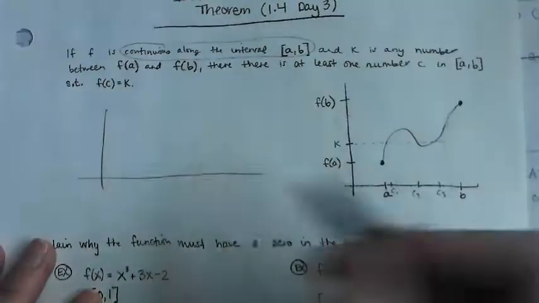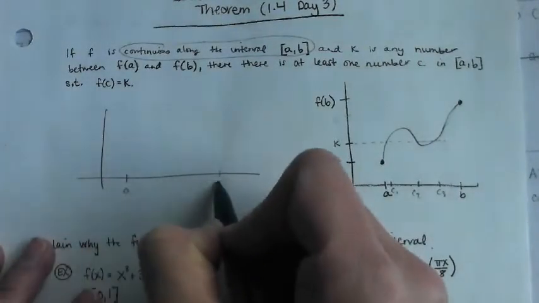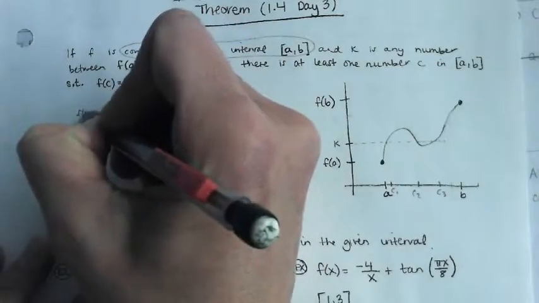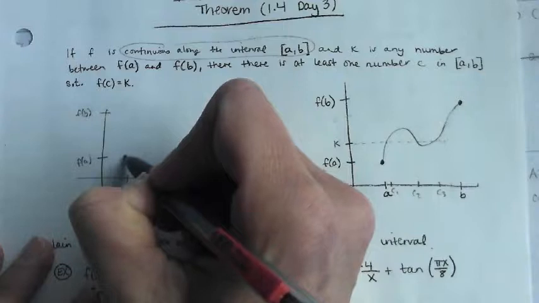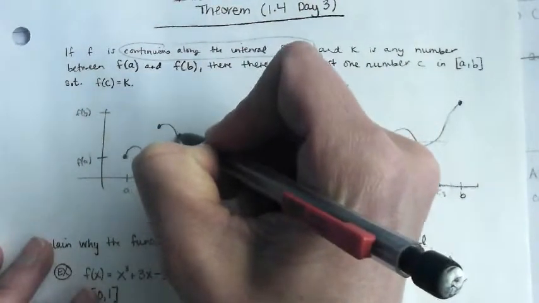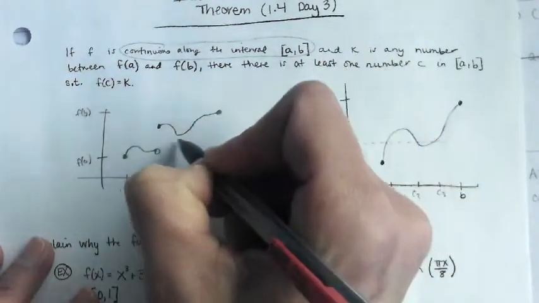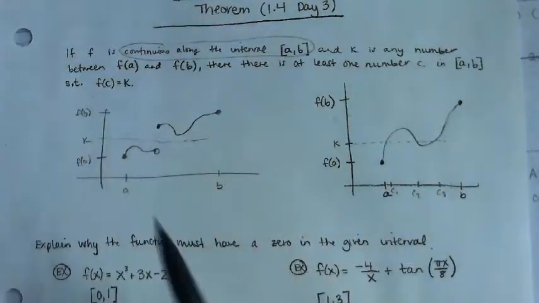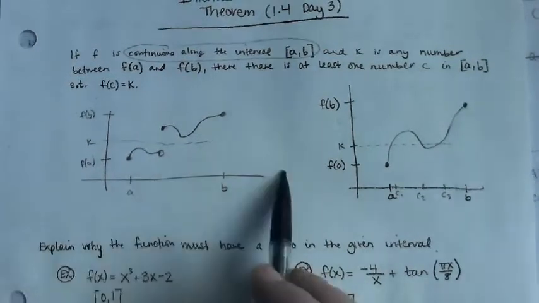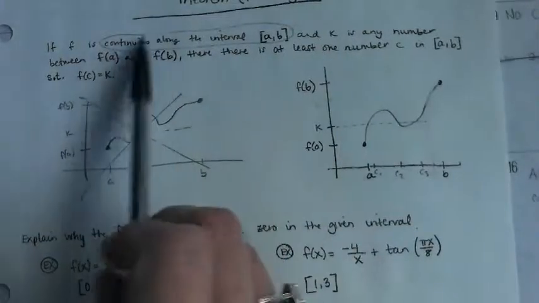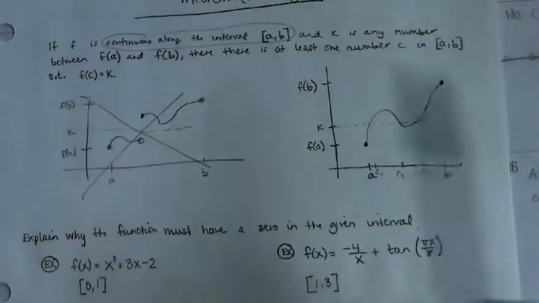For example, you don't need to necessarily draw this, but if I had f of a here and f of b here, but I did some sort of piecewise function, and then k happened to be there, now there wouldn't exist a c value between a and b that hit that. So that's obviously not in the cards